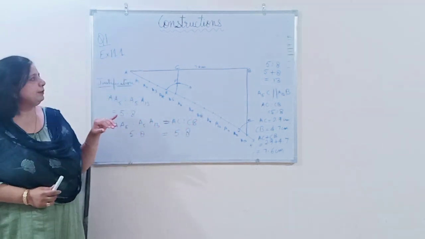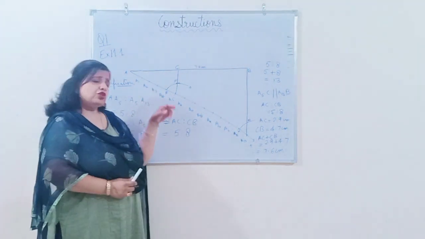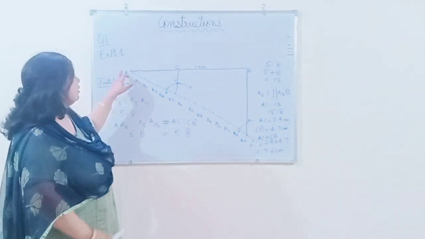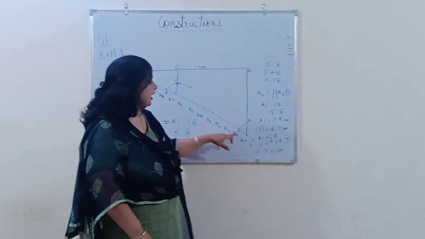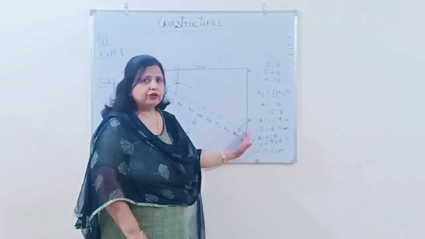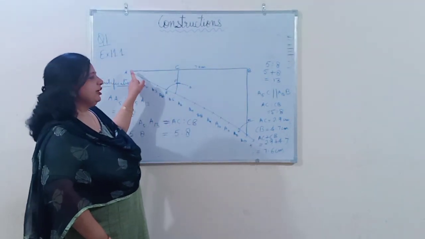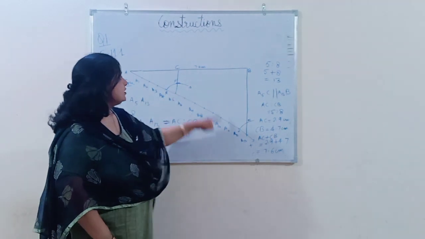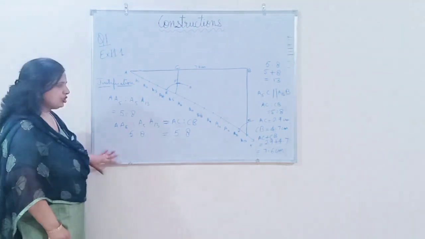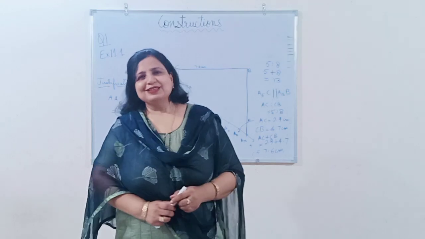In short, we call it BPT or the Thales theorem. It is the same thing. Basic proportionality theorem and Thales theorem is the same thing. Here we have considered this whole triangle, and if in a triangle a line is drawn parallel to one side of a triangle intersecting the other two sides, then the other two sides are divided in the same ratio. Whatever is the ratio of this, that same will be the ratio of this. So using this we have justified our construction. Hope it is clear to you all. Thank you so much.